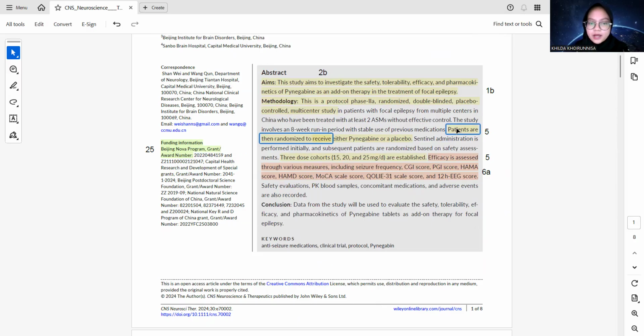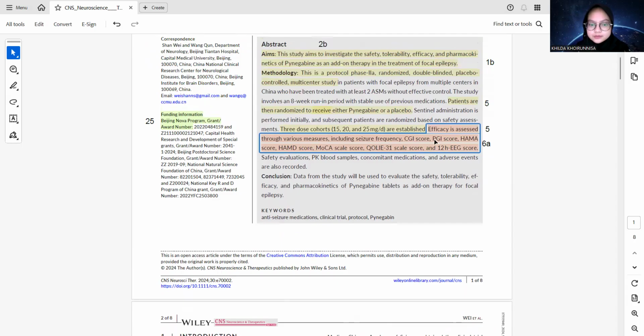Patients were randomized to receive Pinegabine or placebo. They specify dosage, timing, and group assignment, all necessary for reproducibility.